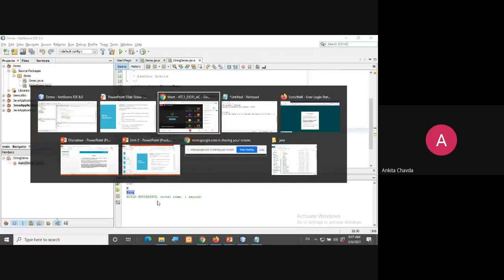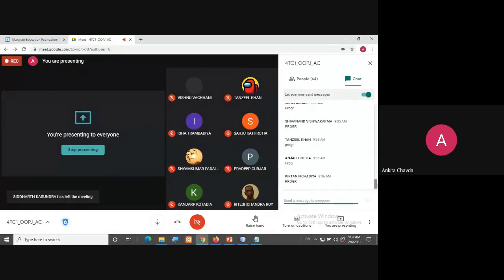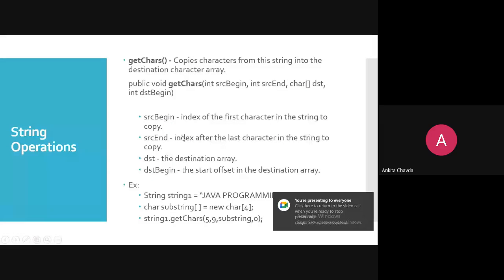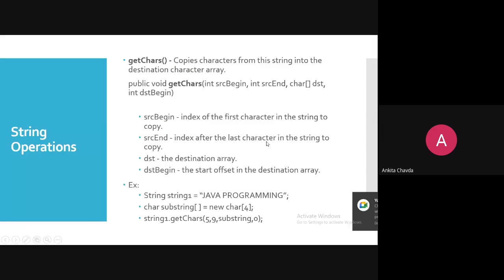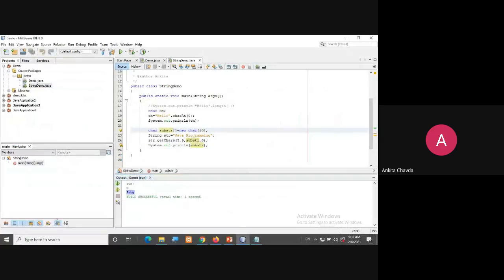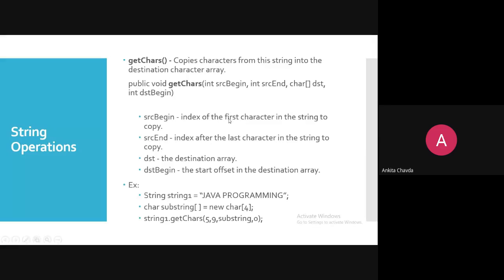So I hope now you are clear. Yes, Kirtan, Tanzil, Shivanand, and Siraj. What it is said to be here, you have to give the index after the last character. Means if I want the last character over here as my G, so index of G is what? 8. But I need to give 9. So it will take up to 9. That is why I said read this source end again.